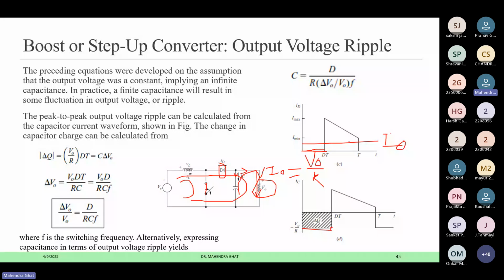So this IO will be there, and this is the total diode current minus IO. Whatever current is coming from here, flowing through the diode, minus IO, this part will be used to charge the capacitor. So here we are discharging the capacitor and here charging the capacitor. As it is a storage element, whatever charge and discharge are there will be equal. So after the total time